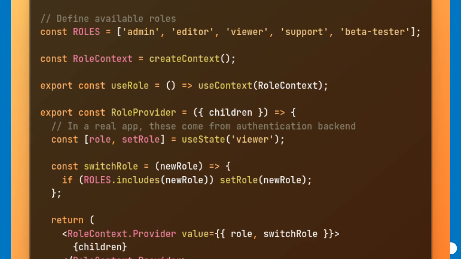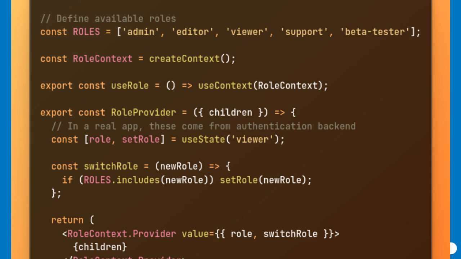It defines a list of valid roles, creates a React context to hold the current role and a function to change it, and exports both the context provider and a custom hook for consuming the context. The role provider manages the current role in local state. The switch role function safely updates the role only if it matches one of the predefined valid roles. All components needing to access or check the user role consume this context, ensuring a single source of truth for